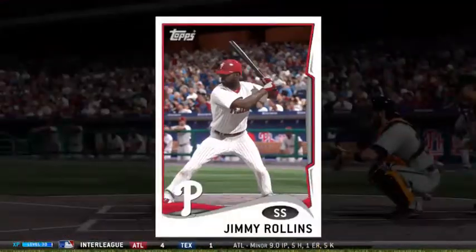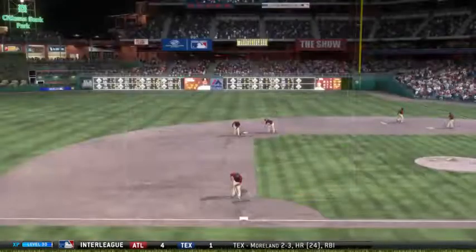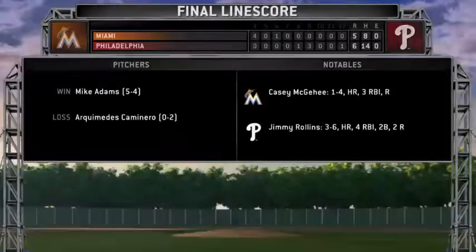And the Phillies offensively here tonight were led by the exploits of this man, Jimmy Rollins. Picture perfect there. He's our top player of the game. Well, he winds up with three-quarters of the cycle. Our final line score. Couldn't quite...